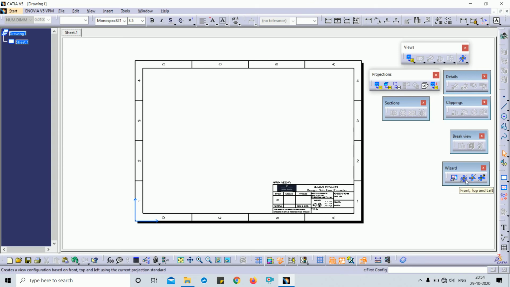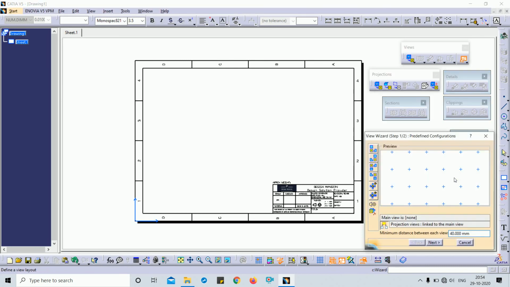Second one is the front view, top view and left view. After that you can put the front, bottom and right view, and after that all views. So if you wanted to put all views at one time in one click, you can use this wizard toolbar. Okay, so you just select this view wizard toolbar.